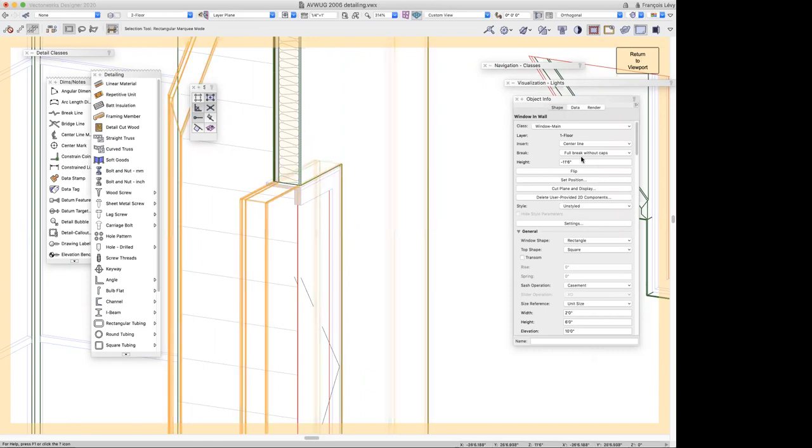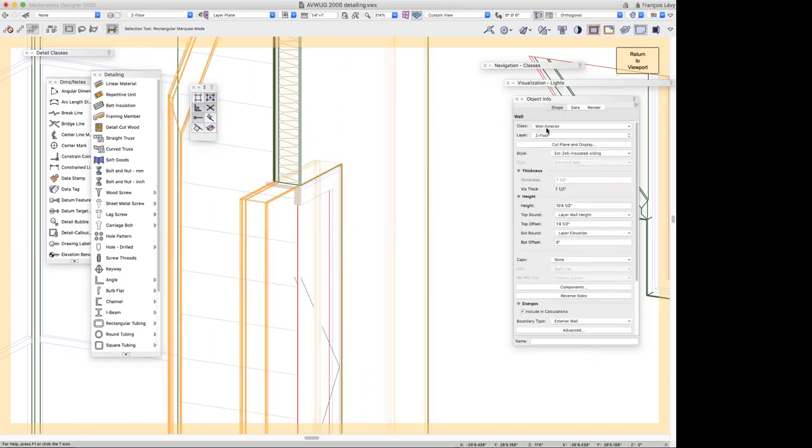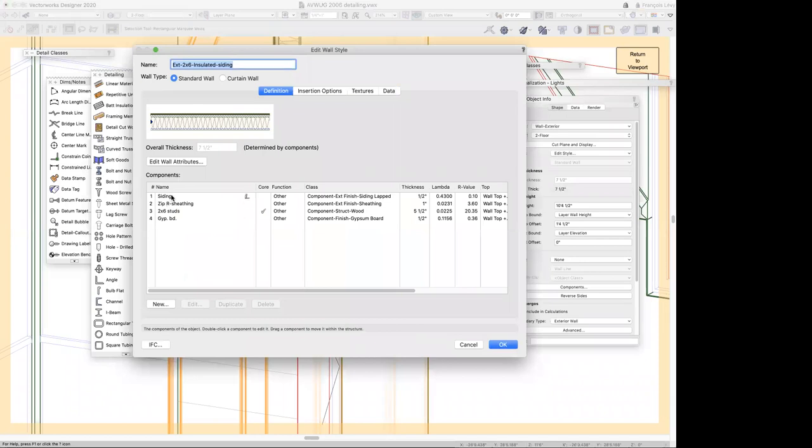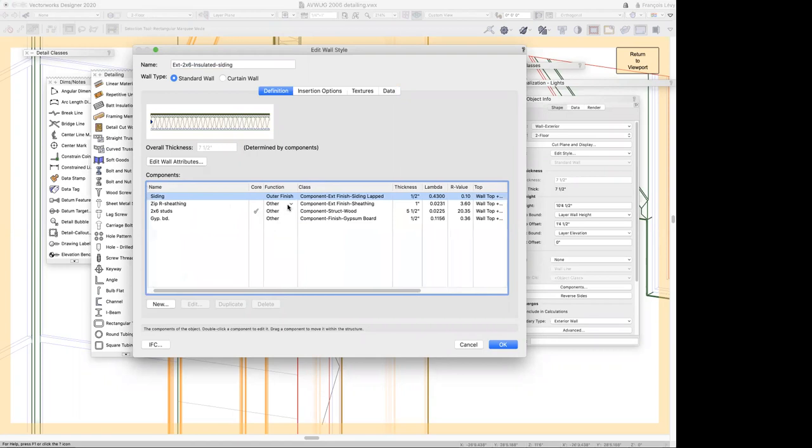There's the wall that I've selected. You can see it's my wall exterior class and it's my exterior 2x6 insulated siding. That's the name of my wall style. I'm going to go ahead and edit the style here from the object info palette, not because I really want to edit it, but it's an opportunity to show you how it was built. So here we are. I've got siding. That function should actually be outer finish. I've got a proprietary system that is both sheathing and insulation. Now that's